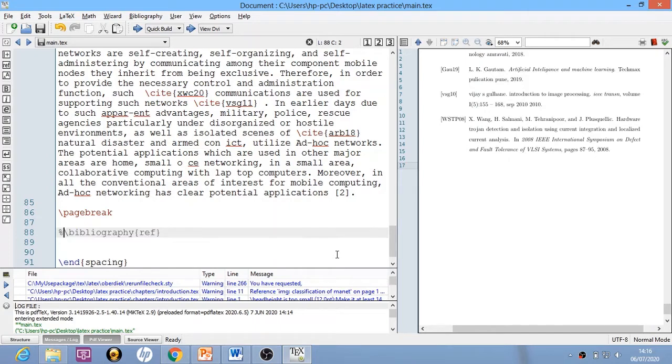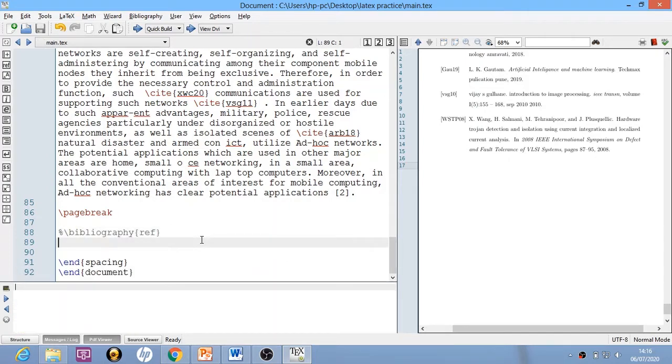First of all, I will comment this section and then I will write inside \begin{thebibliography} and \end{thebibliography}. I can mention all my references.